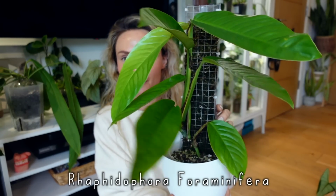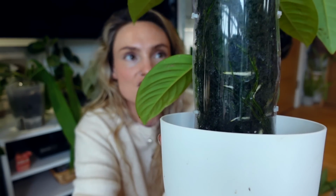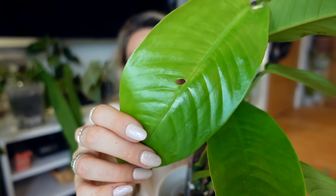Just a very quick update. There's not a huge amount to say here, but my Rhaphidophora foraminifera has been growing on this moss pole for 4 months now, and it's putting out a really lovely root system in the back just there. And it's just unfurled a new leaf, and I wasn't going to include this one, but I was just sitting down and I was like, is that a fenestration? And look, it's got its first tiny fenestration,